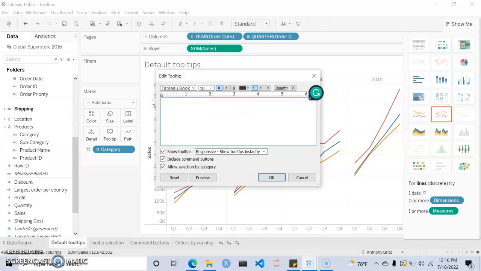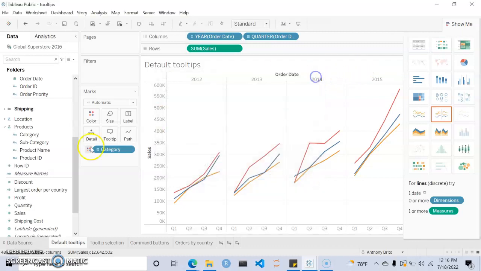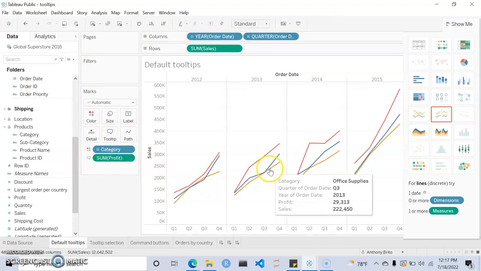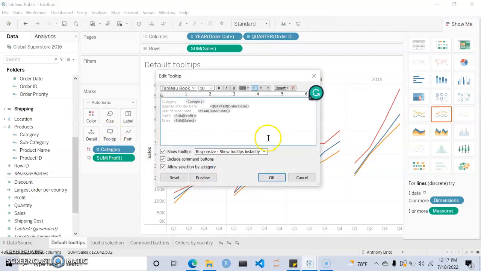So I go ahead and I could say, hold on. First, let me add profit. Sum of profit. Or add it to a tooltip, so you can see that too. Even though profit isn't in the graph, it's still helpful to look at it in the tooltip. Okay, so now I'm going to come over here, delete all that, and type in